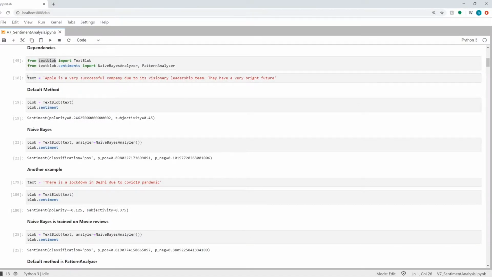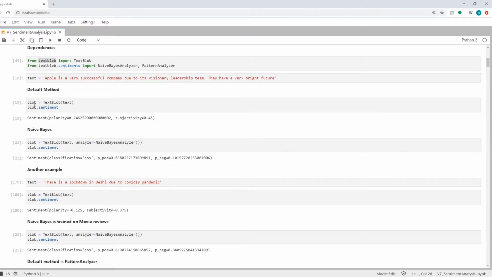This is an example text here which I will pass through the sentiment analysis package of TextBlob, and we'll see what sentiment it derives from this text. As you can see, this text looks to be a very positive text, so I would hope that this text is given a very high positive score by the TextBlob package.